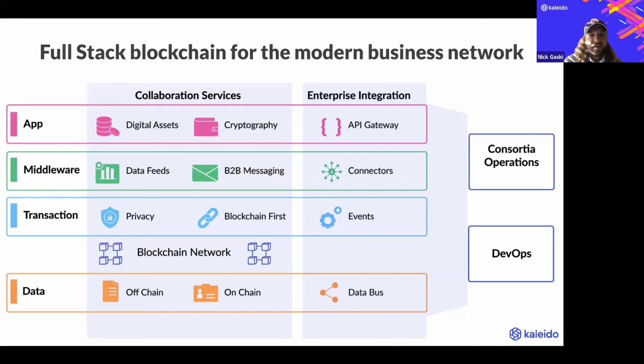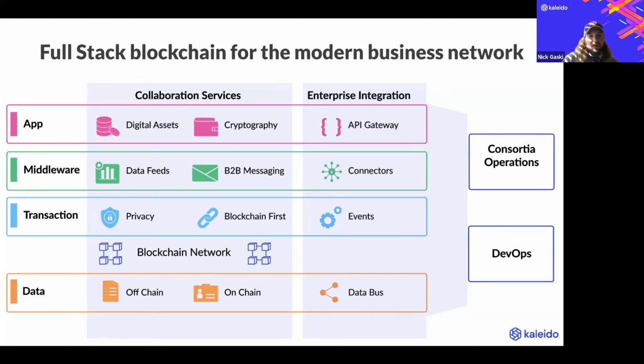The transactional layer. I know a lot of folks here are very familiar with enterprise blockchain, so I won't go ad nauseam on this one, but with Quorum, with Besu, with Corda, we know there are different levels of privacy that we need for different classes of transactions. And when a transaction happens inside of your blockchain network, what you would really like in an ideal world is a very clean messaging system to reliably and in real time consume events, consume those state changes, so that A, you have an awareness and you have that data, but B, more interestingly, maybe you can start automating processes and react to that event or that state change on your network.